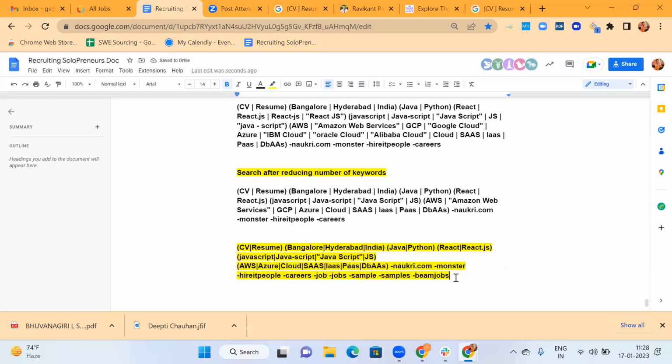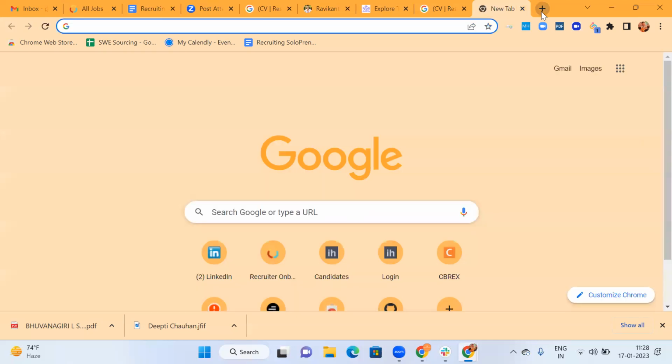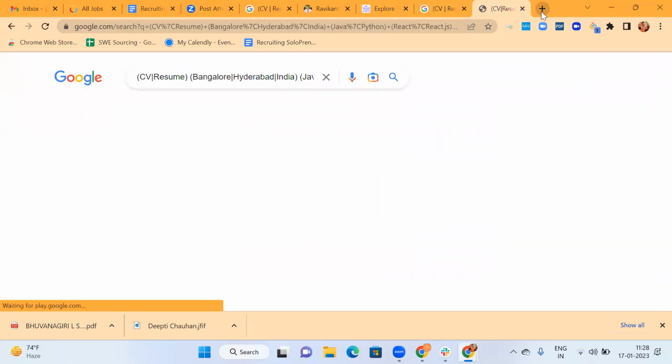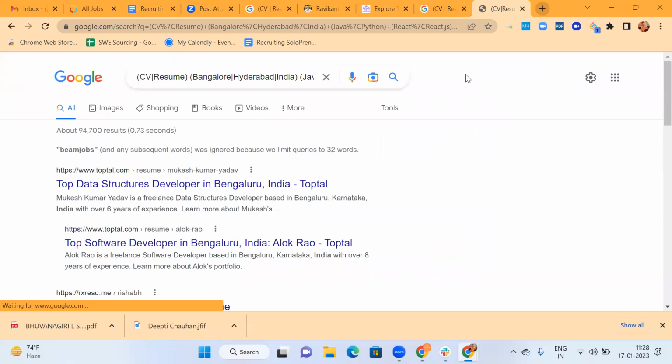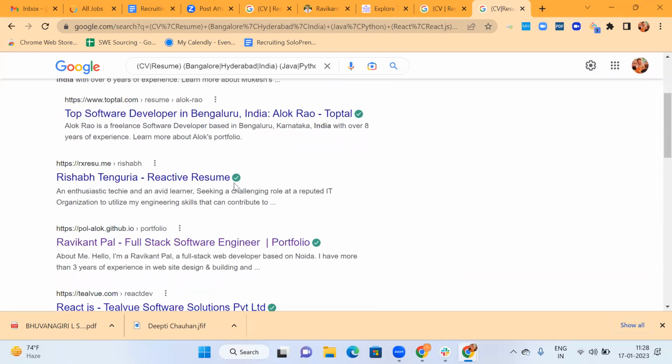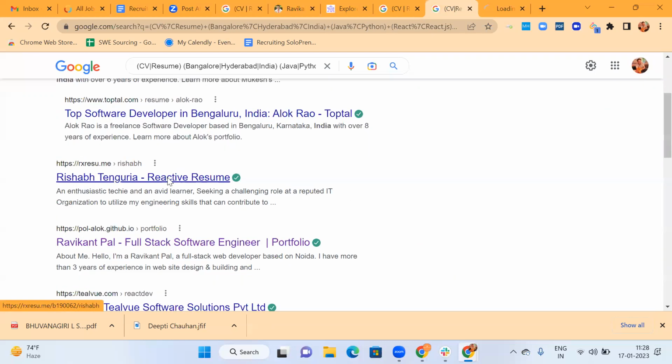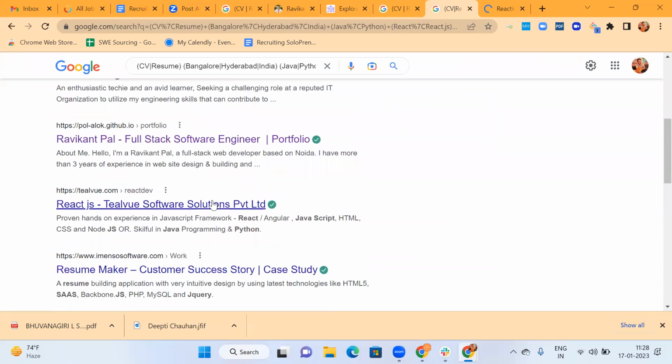All right, let's take now and see in case it's still giving us an error saying that we have gone beyond 32. If that is the case, then it's counting operators also as additional. Yes, that is still counting total. Anyways, we started getting somewhere close to results, but let's start observing what these results are.